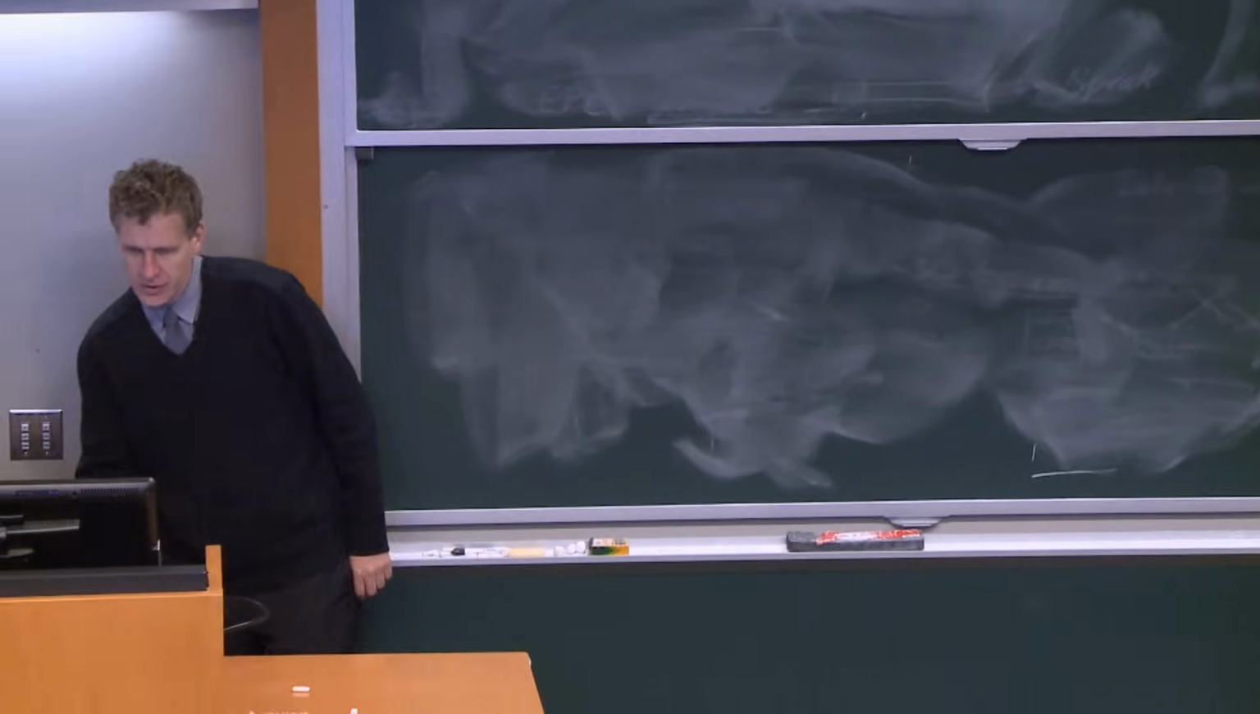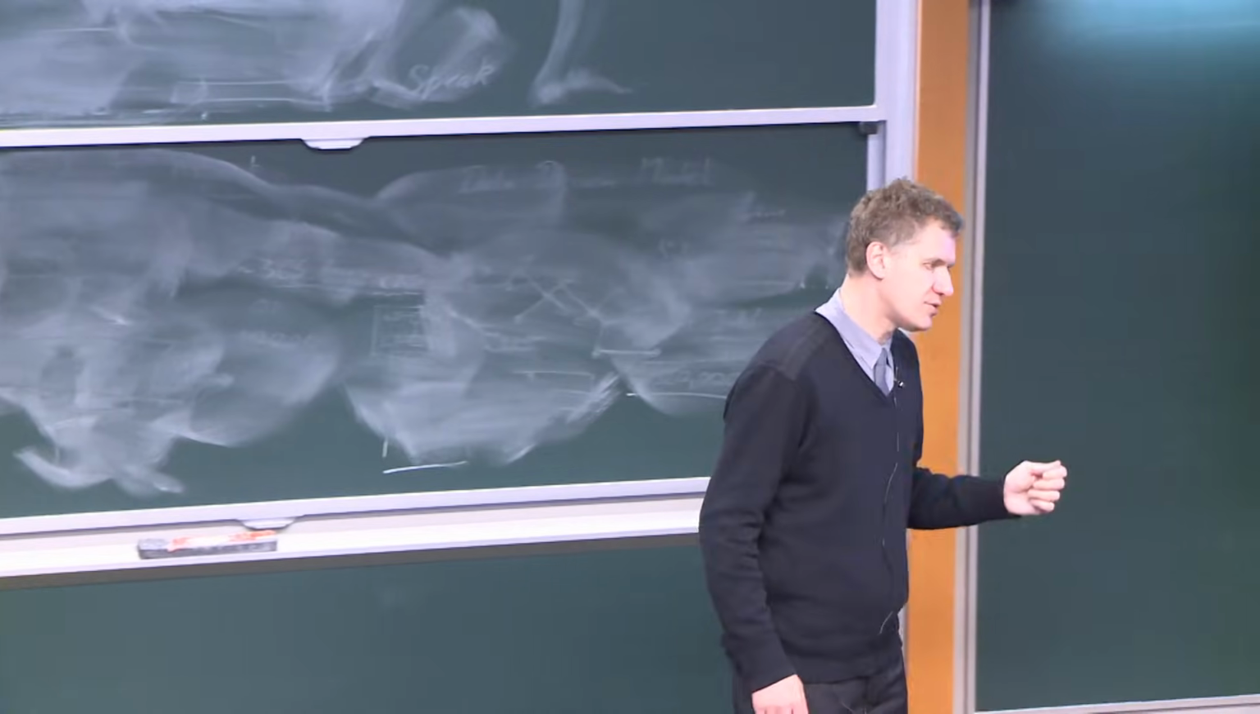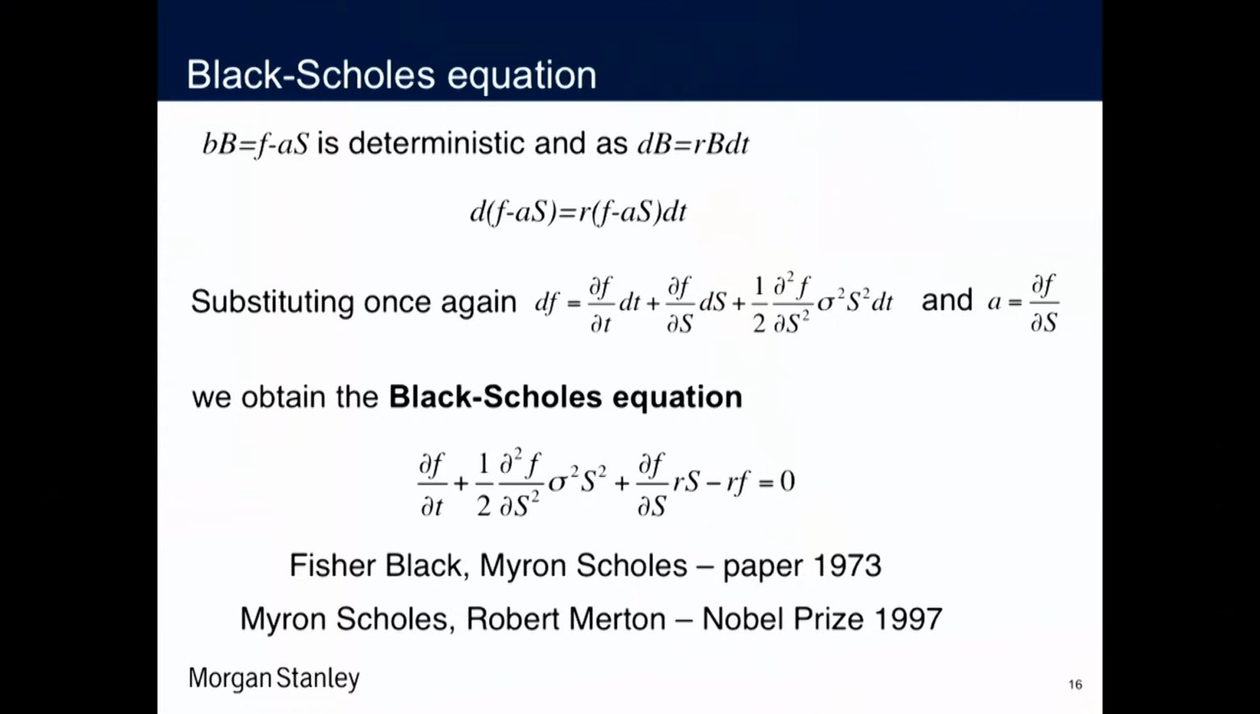Then we'll use our knowledge that some part of our equation is deterministic, and basically take f and S on one side and leave the deterministic part on the other side, and differentiate it once again. The left side will be just rB dt, and if we substitute once again df, and don't forget that what we learned is that A is equal to df by dS, then we collect all the terms and arrive at this partial differential equation,